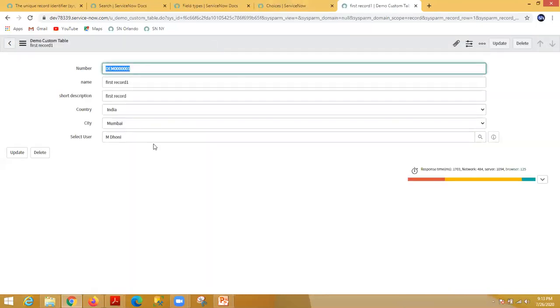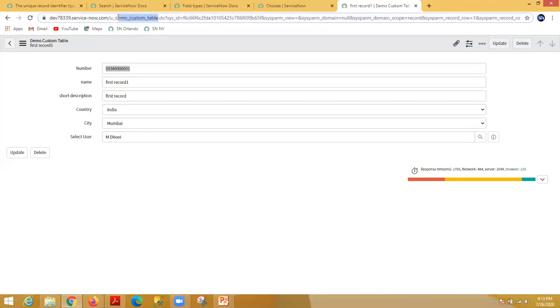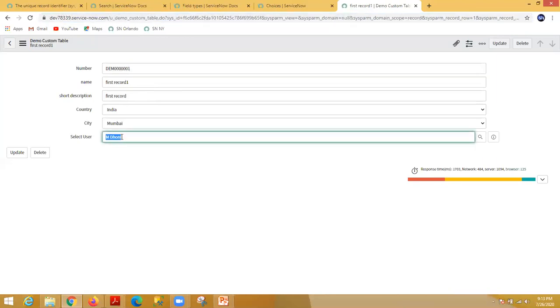your record got created. To create this record, you have used a user table record from your u_custom_demo table. You are not creating the value here, or this value is still stored in the user table. You are simply referring to the value which is already stored in the user table.